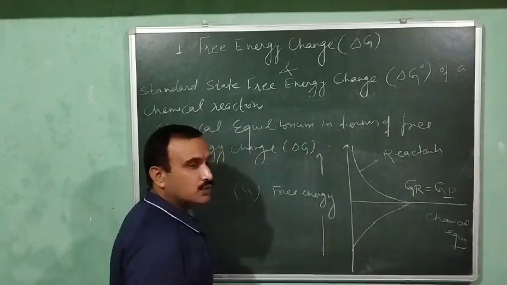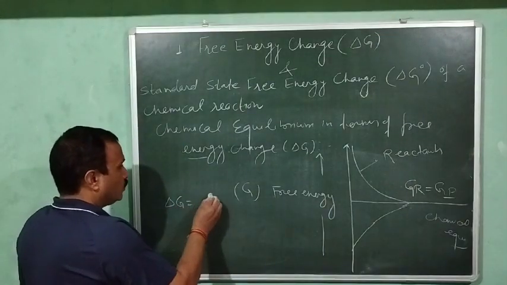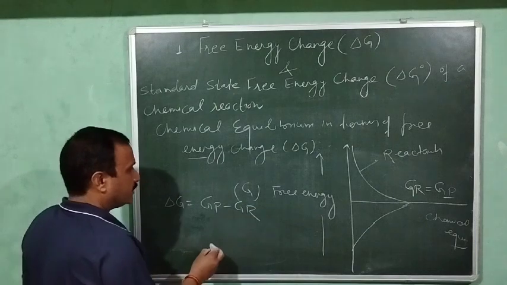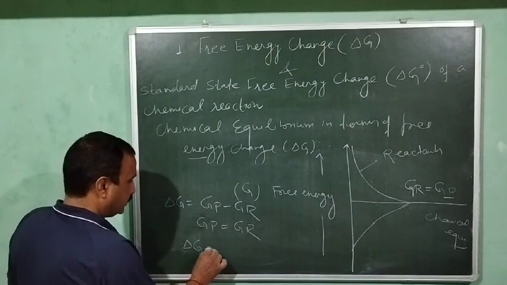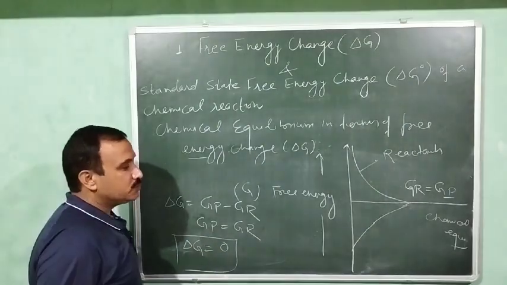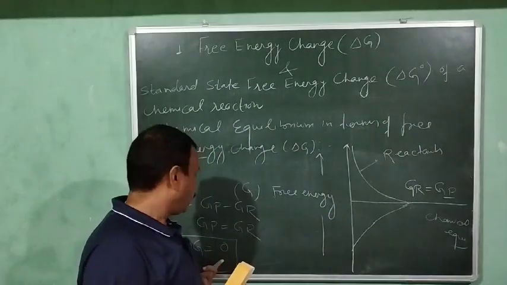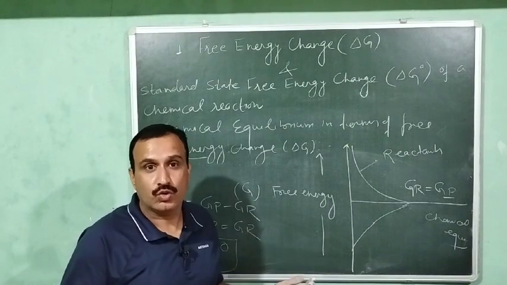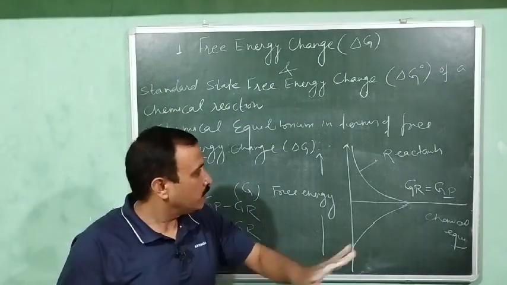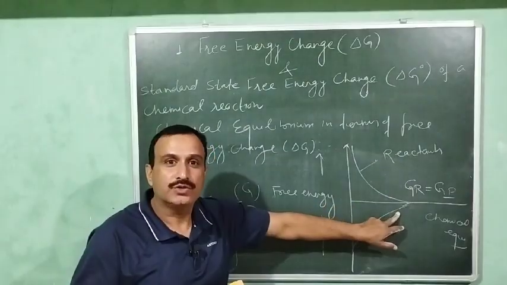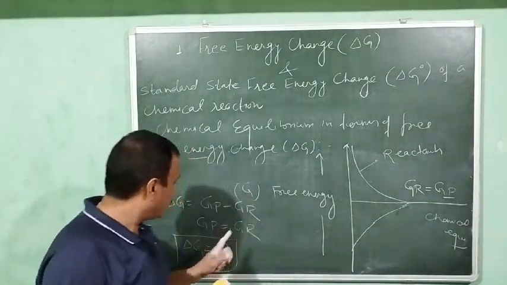फ्री एनर्जी ऑफ प्रोडक्ट्स, दोनों की फ्री एनर्जी बराबर हो जाएगी, ठीक है। एंड डेल्टा जी इट इज इक्वल टू जी पी माइनस जी आर, and when your Gp is equal to Gr, then delta G will be equal to 0. So this means at equilibrium, the delta G of that reaction, free energy change of the reaction becomes equal to 0, and the concentration of the reactants and products becomes constant. जब equilibrium आता है ना, तो आपके जो reactants और products की जो concentration होती है वो constant हो जाती है। equilibrium आने के बाद वो change नहीं होगी, और डेल्टा जी कितना हो जाएगा, डेल्टा जी इज इक्वल टू